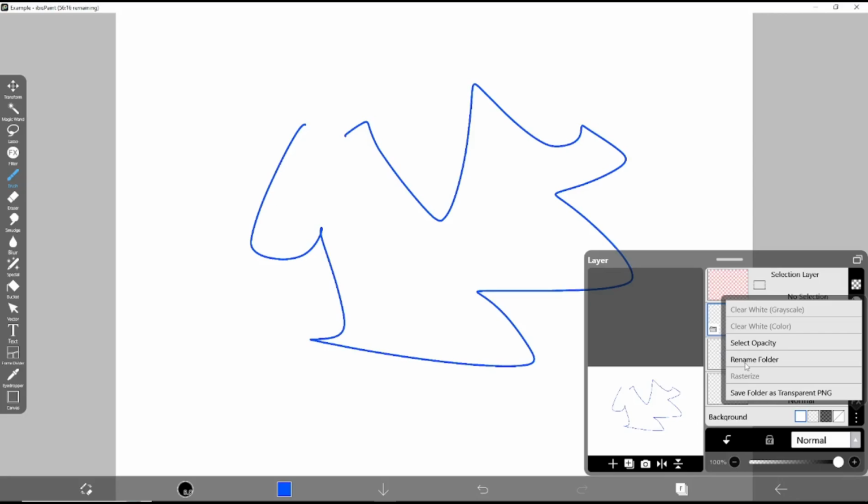Okay, that's it for the basic Ibis X tutorial, how to name a